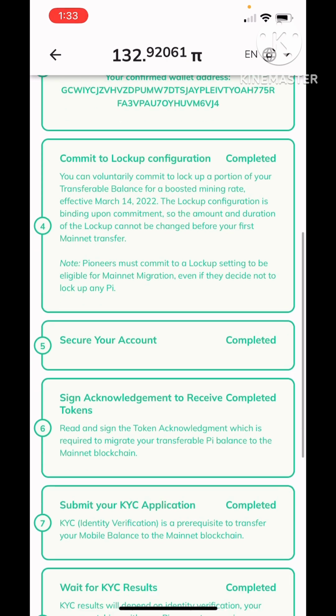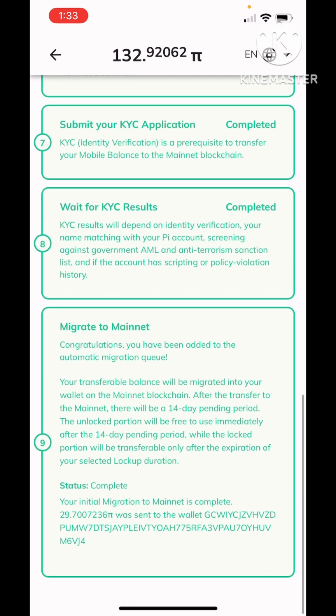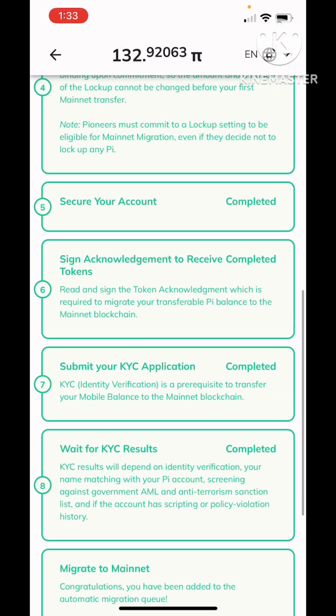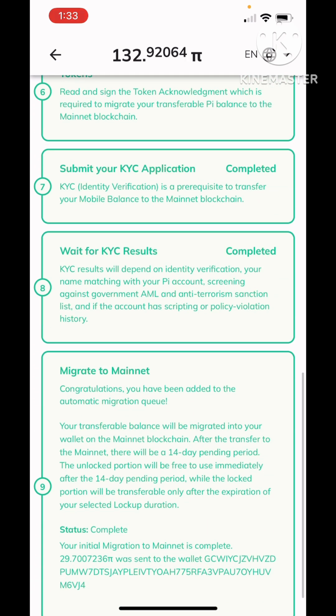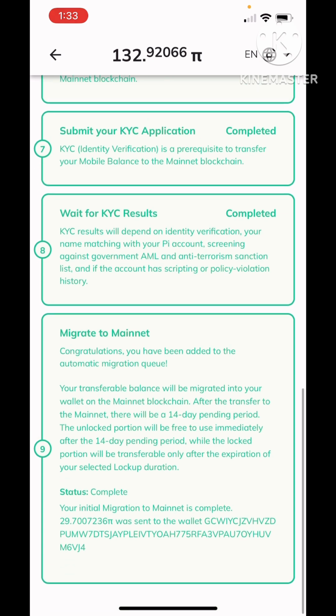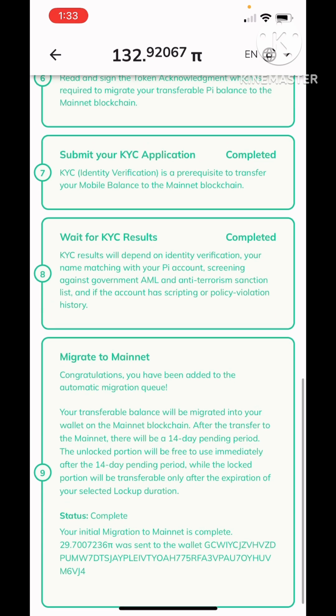So this is how or what happens when you are done with all your verification. So follow the steps and the procedures. The most important is the verification of your KYC. When you are done, you can do the rest and you will be